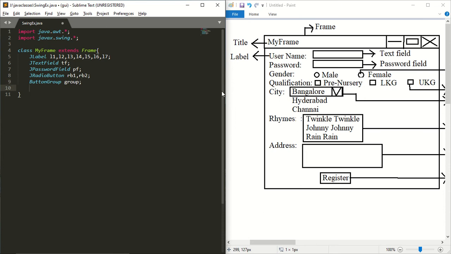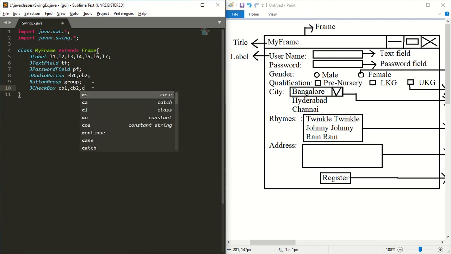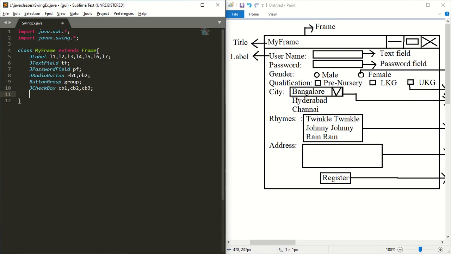Next, we have checkboxes. How many checkboxes do we have? We have 3 checkboxes. How to create a checkbox? JCheckBox. So CB1, CB2, CB3. Next we have a combo box.